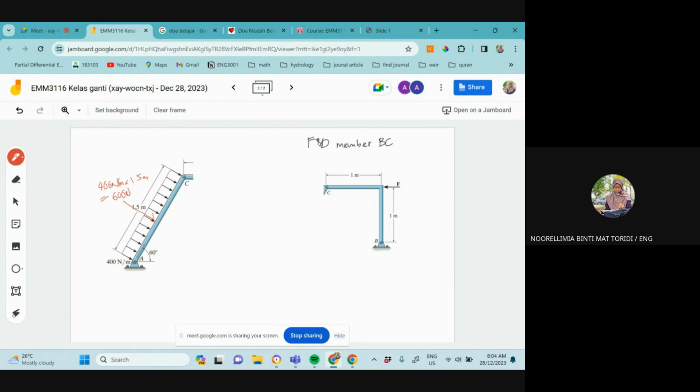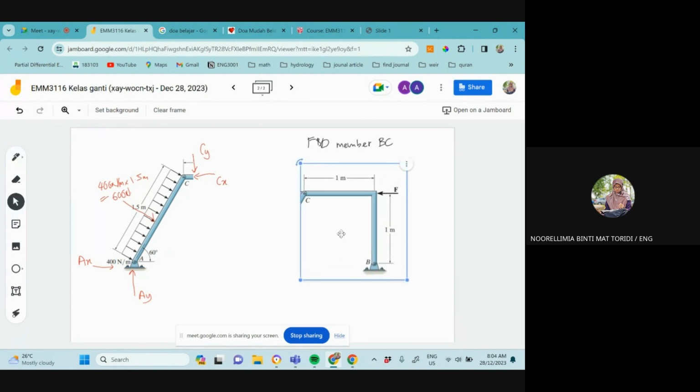Okay, then we draw, let's say this one is CX. This one is CY. It doesn't matter, as long as you put it at point C. So this one will be AY. This one will be AX. And then for member BC,